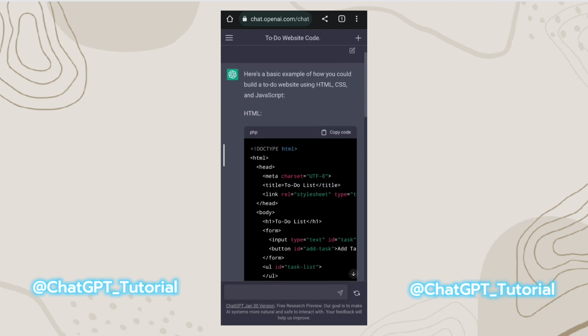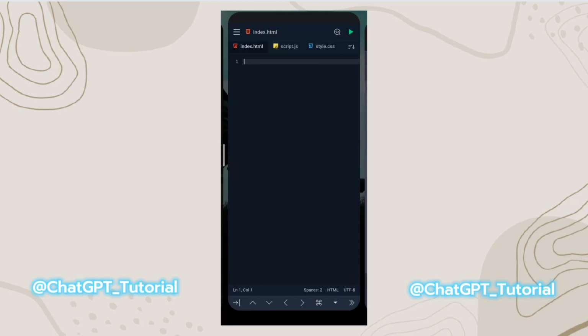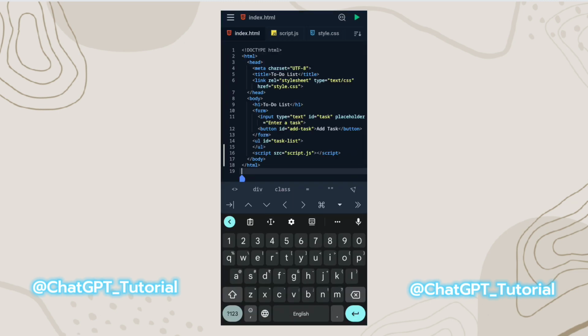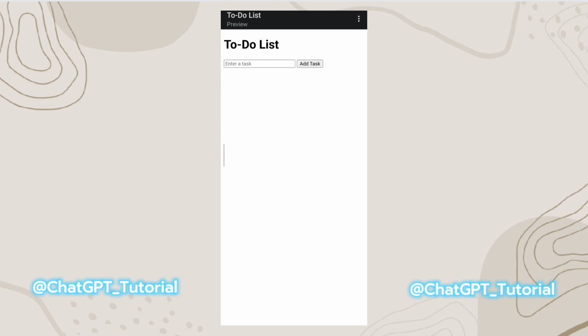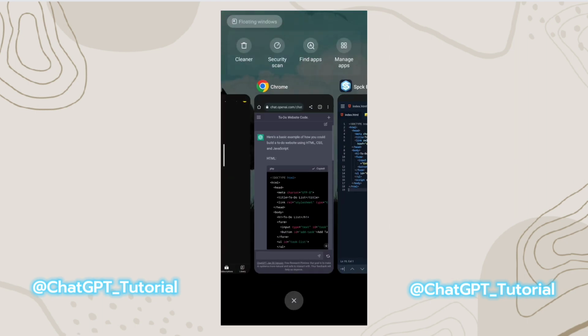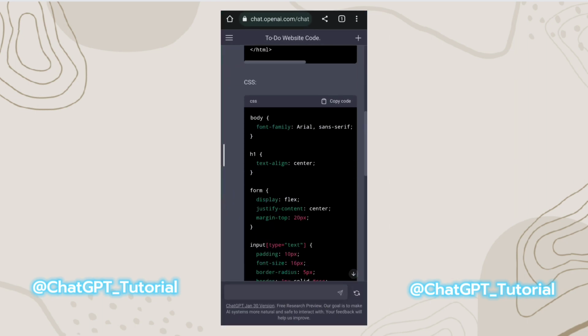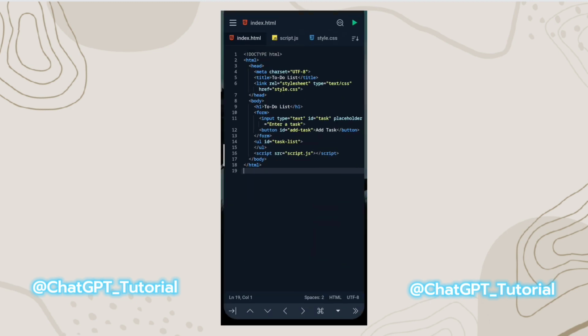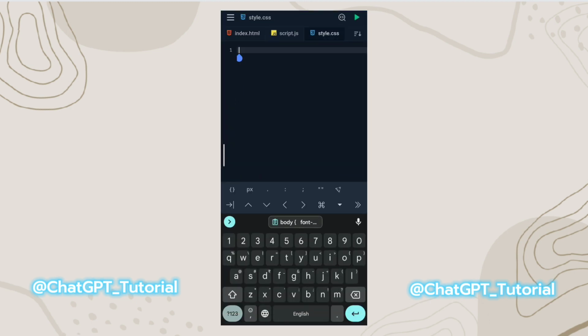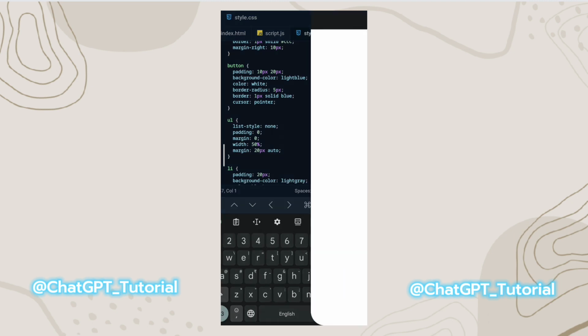Now open the editor app, copy the code which is given by the AI. Now I copy HTML code and paste it in. Now I check is it working properly. Yeah, it's working, and then copy CSS code again. Paste it in style.css. Now I again check is it working properly. Yeah, it's working, and